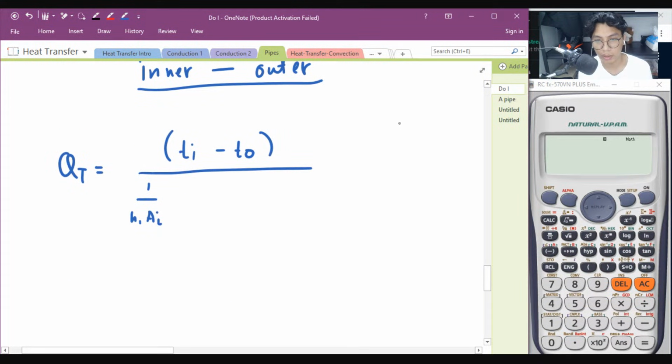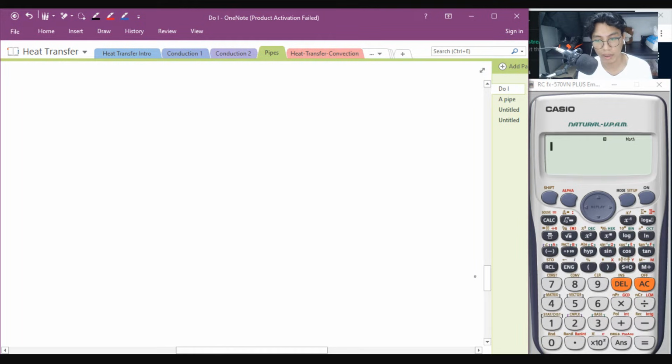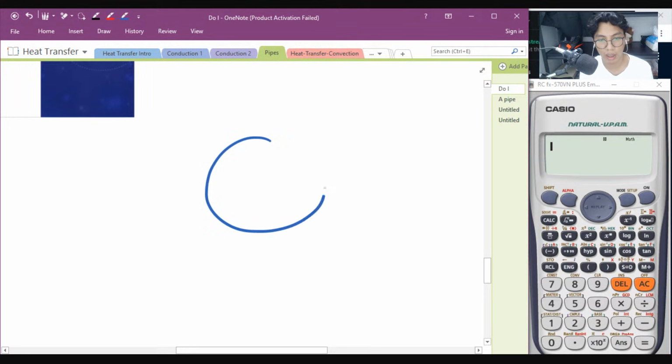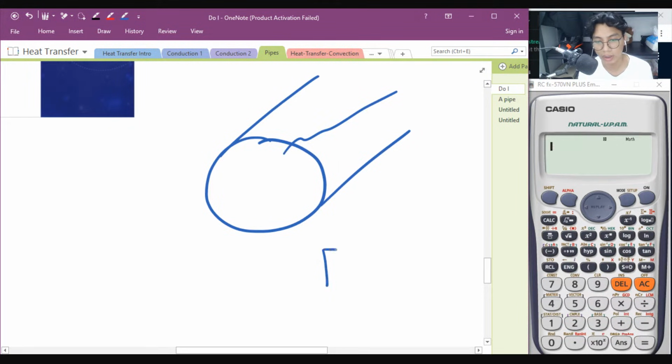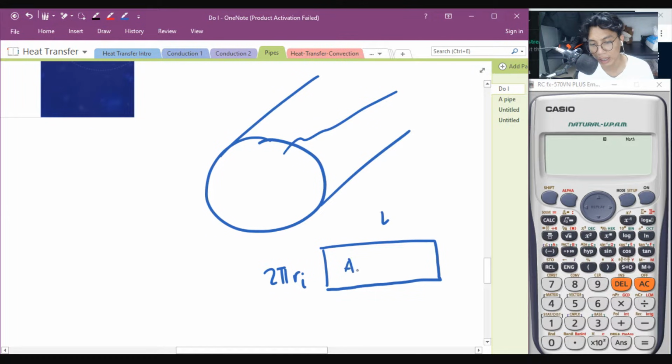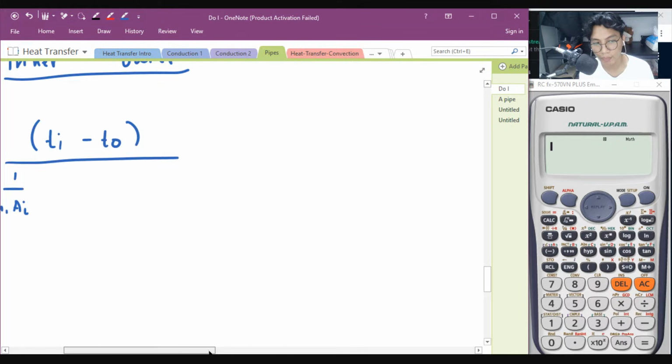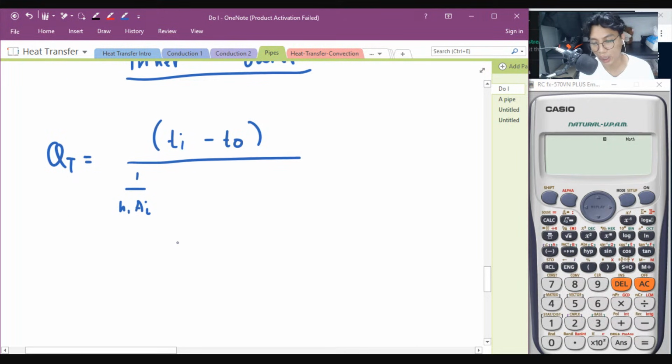Okay, look at this. Inner and outer, what is the area? If you unroll it again, cut it here, it becomes a strip. When you cut it and expose it, you have a length. So this is now the circumference of this circle, 2 pi r inside, multiplied by L. What is the area of a rectangle? Length times width. Simple, that is its area. So the area of A inside is 2 pi RL.